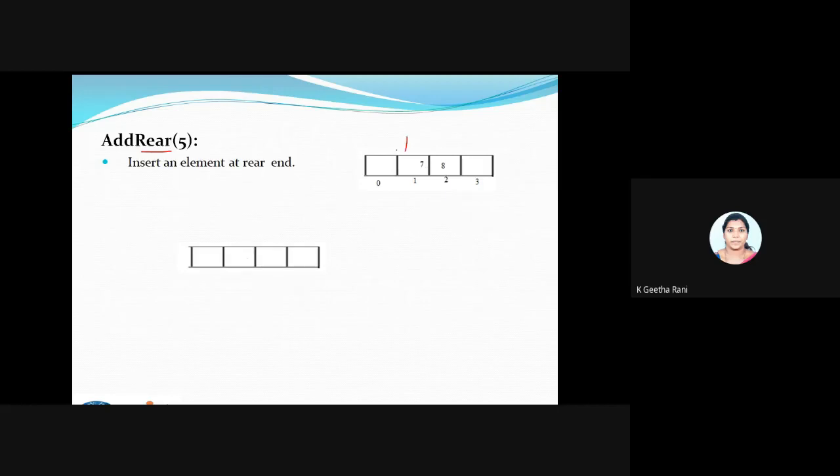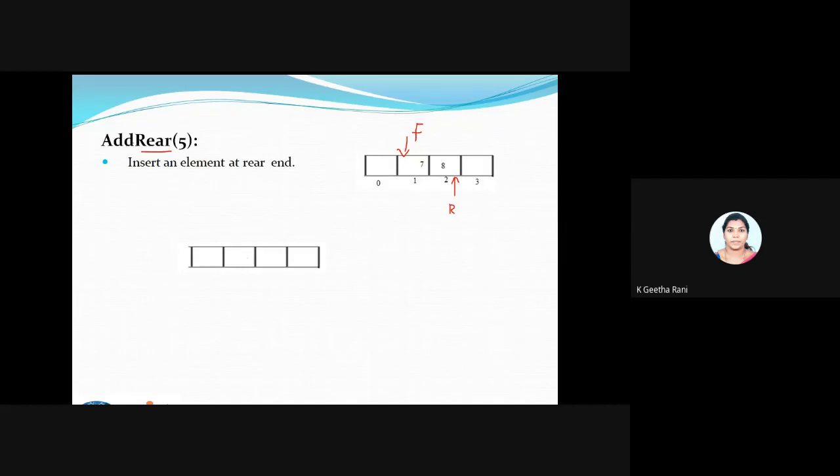I'll be having a front here, and here I'll have the rear. I'm having some data here. Already our data has been there, and I'm pointing the one index as my front end, and the rear index will be the 2.